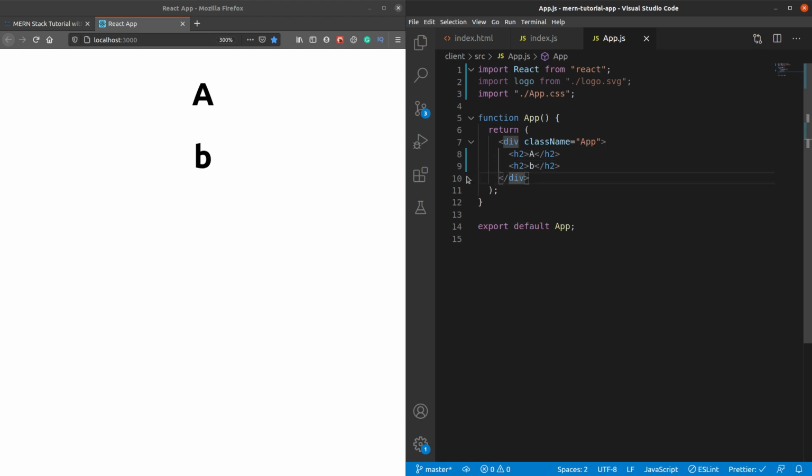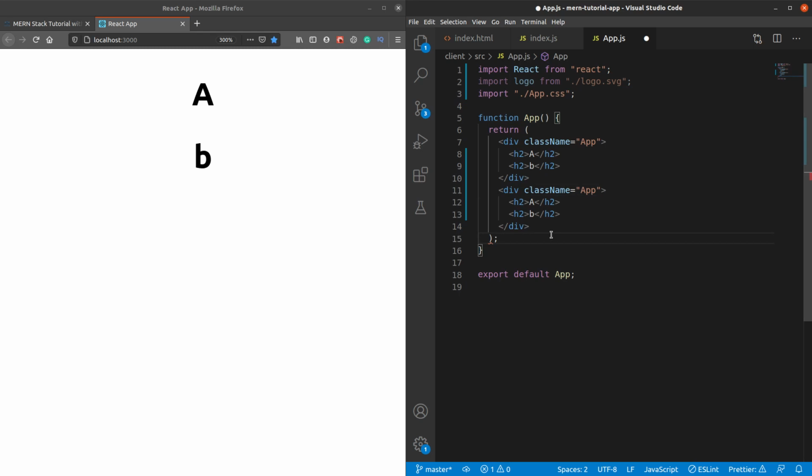One thing we want to note here is the React application is not going to return two elements at once. So what do I mean here is, you can see the return method of this particular component returns one div which opens here and closes here, another div which opens here and closes here.